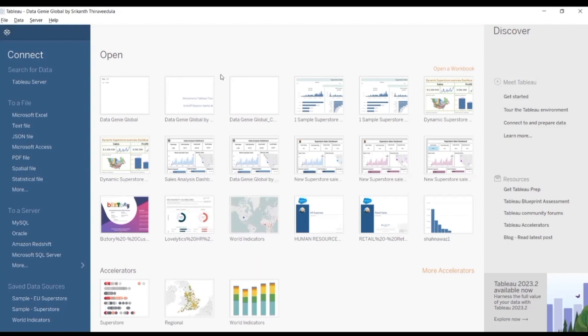Just below that, we have To a File. These are the standalone files available in our system, where we can use these options to connect to a local file on our desktop. These are Microsoft Excel, text file, JSON file, and all these different types of files. If you want to connect a .csv file, you need to select the text file option. If you want to select the file directly, you can click on More